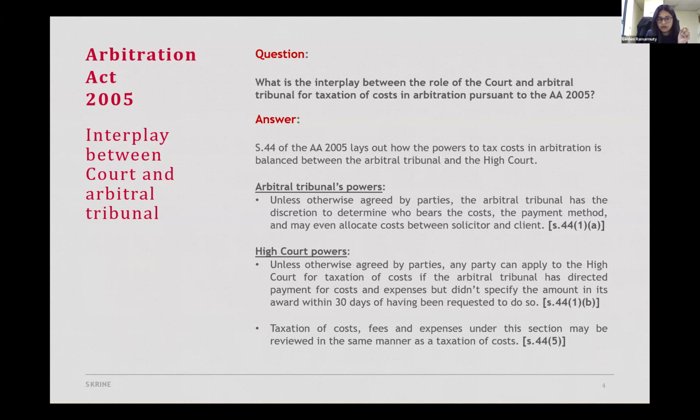If within 30 days of that request, the tribunal fails to do so, then either party can apply to the High Court for taxation of costs. So that is basically how the tribunal's and the court's roles are different when it comes to taxation of costs in arbitration. Now, let's look at